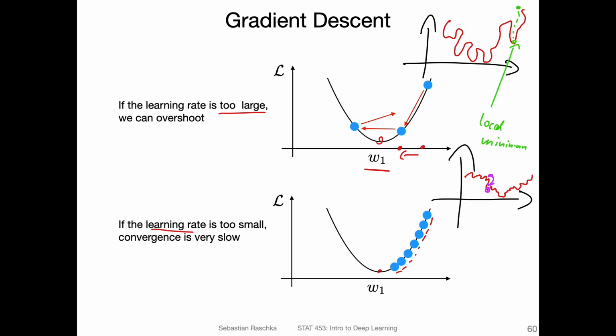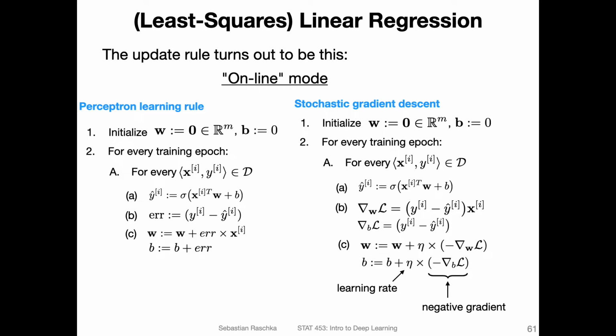Because the learning rate is not large enough at this point here to jump over this, for example. So in this case, having a too small learning rate can also be a little bit bad. But in practice, we will later talk about algorithms that have a so-called momentum term to overcome these little challenges also. Okay, so but moving on.